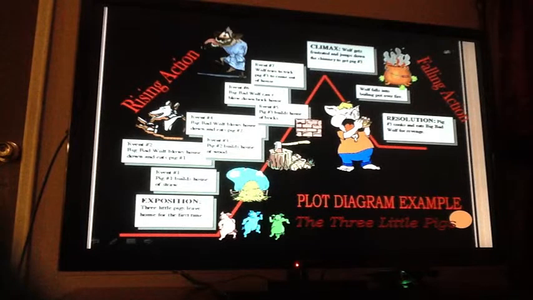So we move into the falling action over here. The little pig decides to get the boiling pot of water and put it in the chimney, and the wolf comes down the chimney and falls into the pot of boiling water. And what happens at the end of the story? The pig eats the wolf for revenge. So we go from the beginning of the